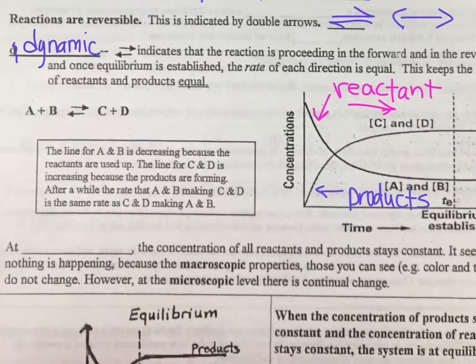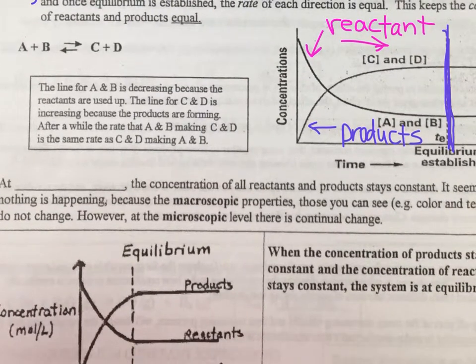And then can you tell me where equilibrium is established? I know it's labeled, but could you look at this without that little label on there and tell me where it reaches equilibrium? It's when both the graphs do what? Flatten out, right? So it's showing this little line right here, okay, as your equilibrium point. All right. Okay, so at equilibrium,